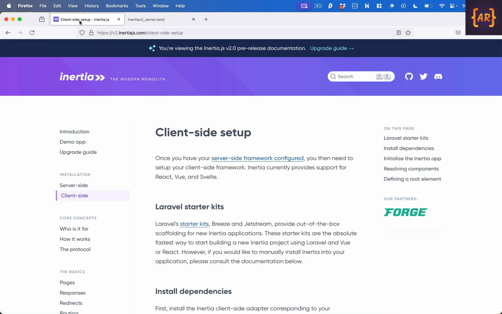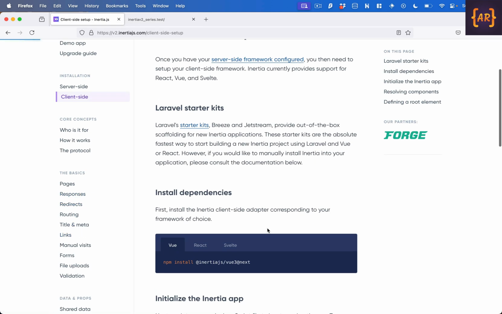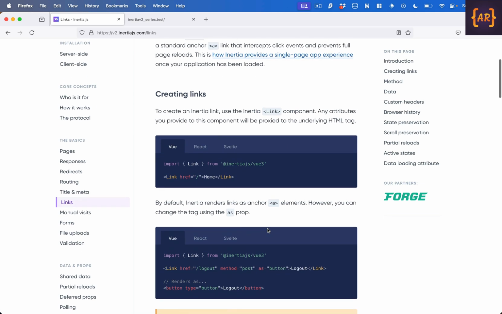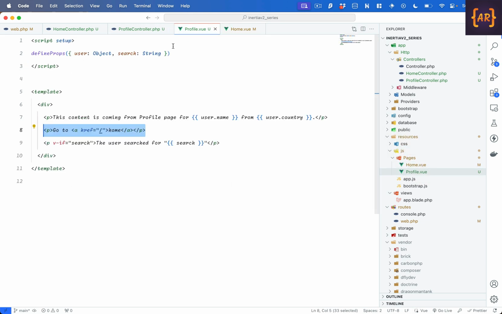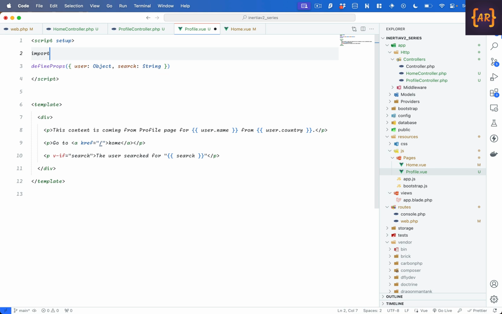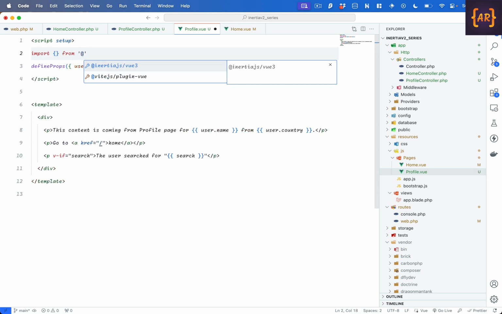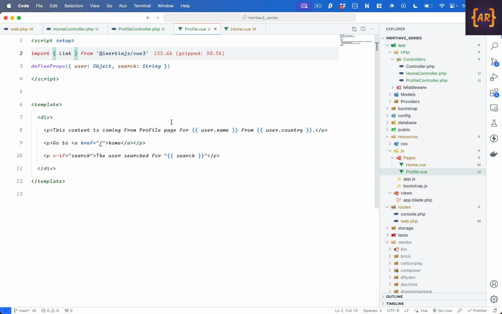Well, the thing is, this is what we are looking at, the links. Inertia comes with a link component, and if you want to link between pages, then you need to use this component. Okay, so let's see how we can use that. First of all, in here I will do import from @inertiajs/vue3. I will import the link, and now instead of a tag I will have link